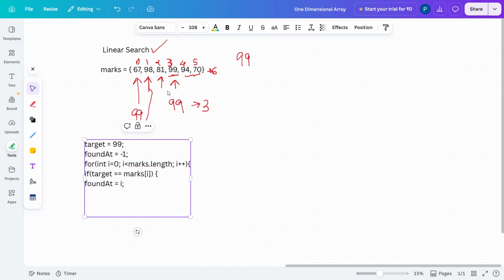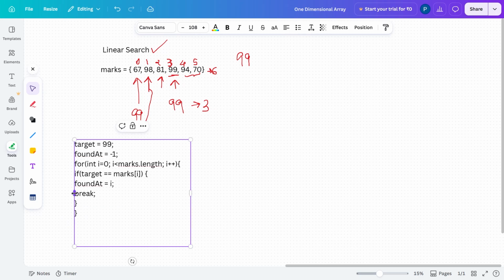Now as I mentioned, as soon as I find the target element, the remaining iteration would be skipped or stopped. So how to stop the iteration? It is using the break keyword, right? Now I will close the parenthesis. Next I'll write a condition: if foundAt is not equal to -1,